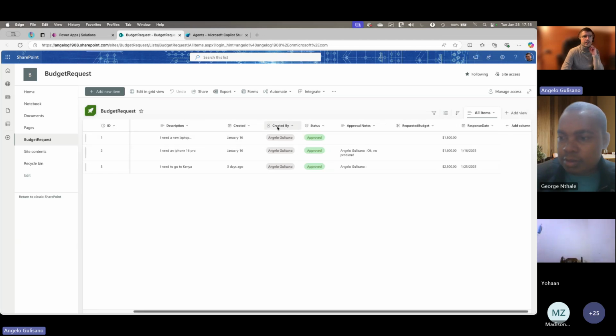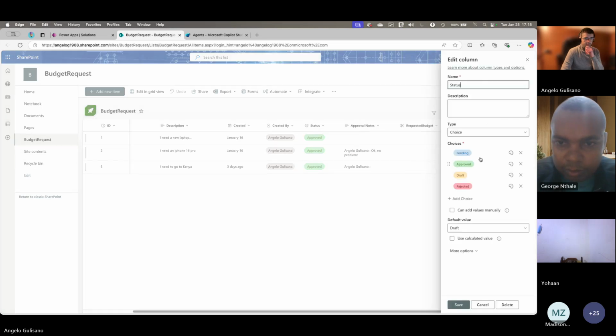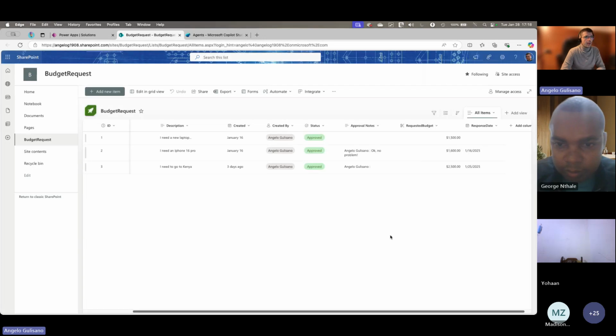Also the same for created by, is the user who created the record in SharePoint. I created a status column where we can create the request as pending, approved, draft, or rejected. Approval notes, the requested budget in dollars, and response date.